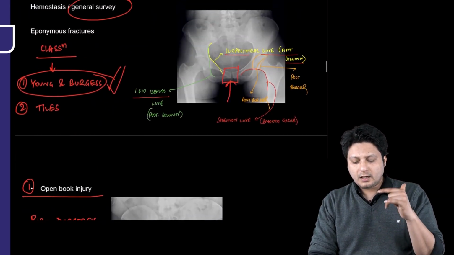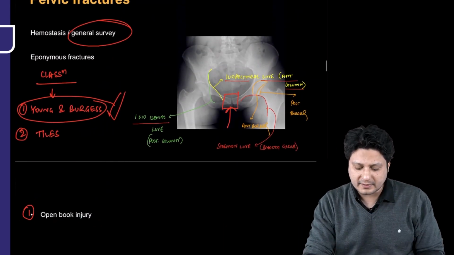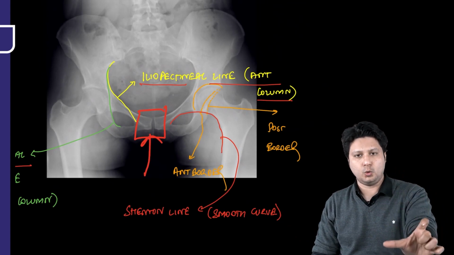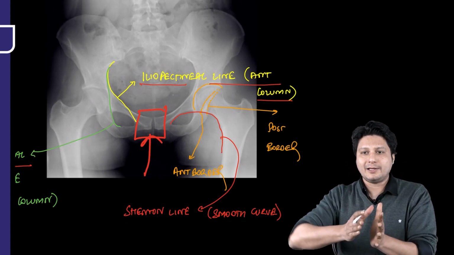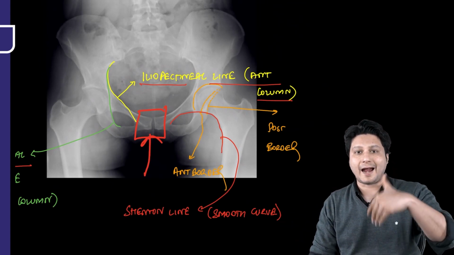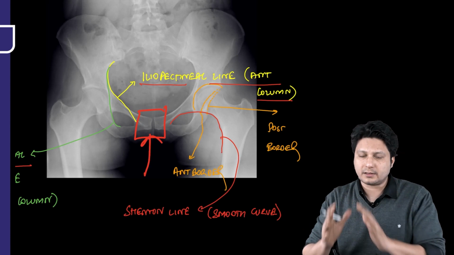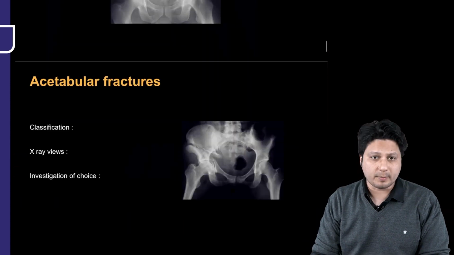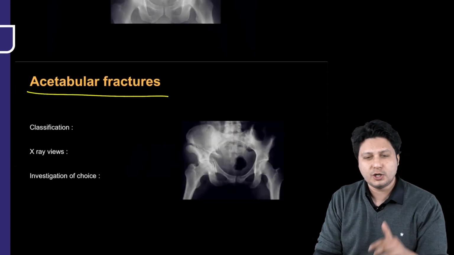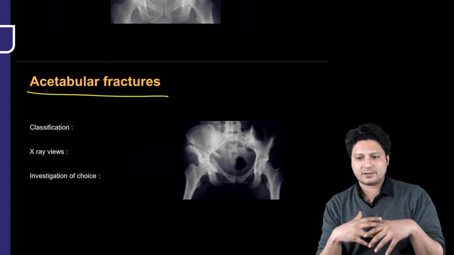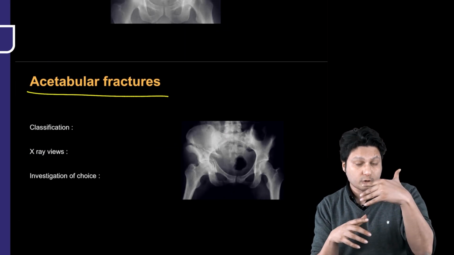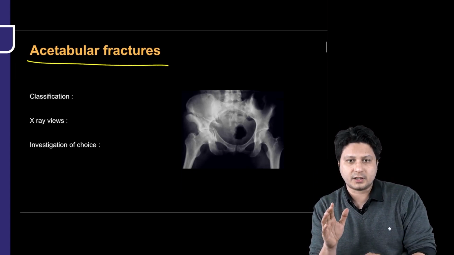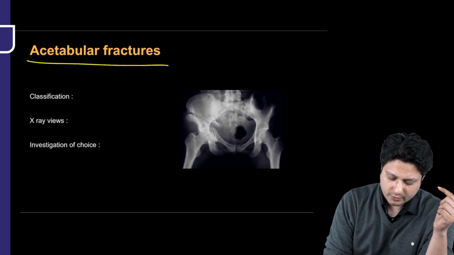As I told you, it is important to understand these basic lines that we have talked about, and now it will become much easier for us to identify everything related to fractures of the acetabulum. I told you about the iliopectineal line, ilioischial line, Shenton's line, the anterior column, the posterior column, the anterior border and the posterior border. Now it will become much easier to identify or talk about acetabular fractures. The topic is fractures of the acetabulum. It is a huge topic to be discussed, and it requires very specialized approaches in order to manage it surgically. But for your examination, what is important to remember about the acetabular fracture, first of all, are the names of the classification: Letournel